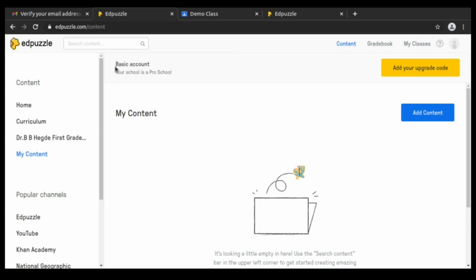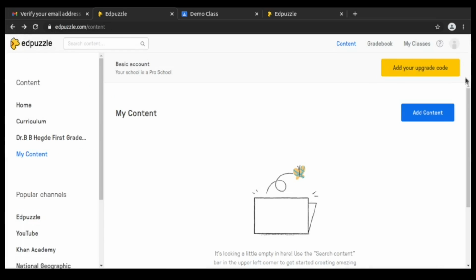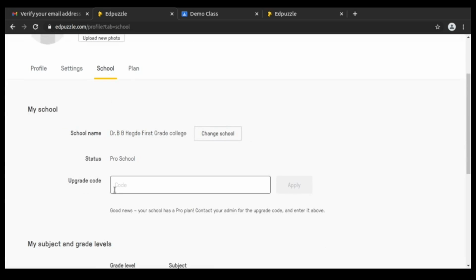Note that if your school has already purchased Edpuzzle, you will get a pro school account, and you can add your upgrade code by clicking the button at the top right. Add your upgrade code. Then it will take you to the school profile where you need to enter the upgrade code.